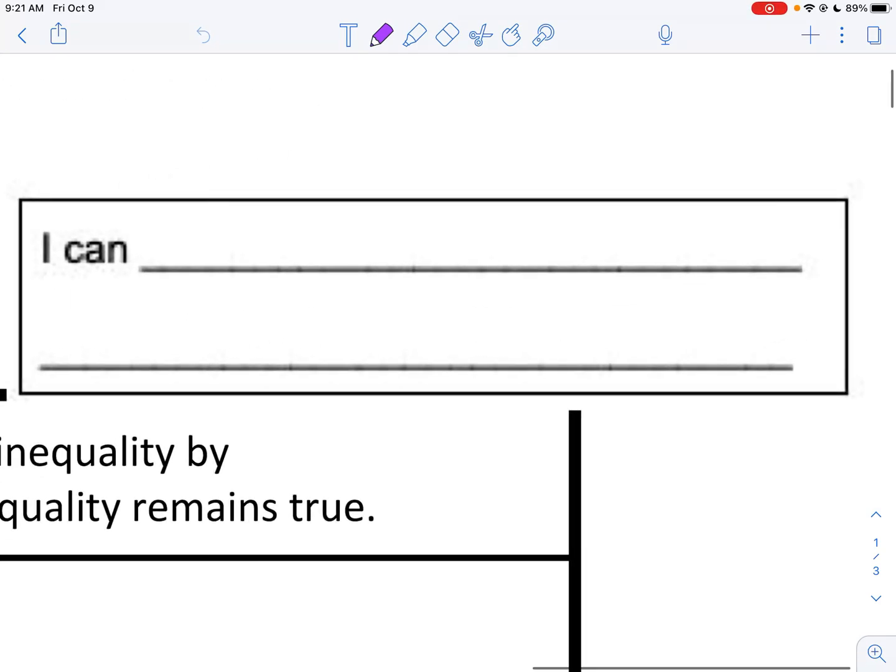Alright, hey everyone. In this lesson we are going to continue with the inequalities. Yesterday we learned how to solve inequalities using addition or subtraction. Today we're going to learn how to solve inequalities